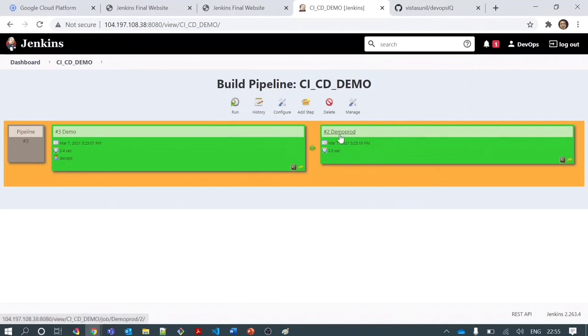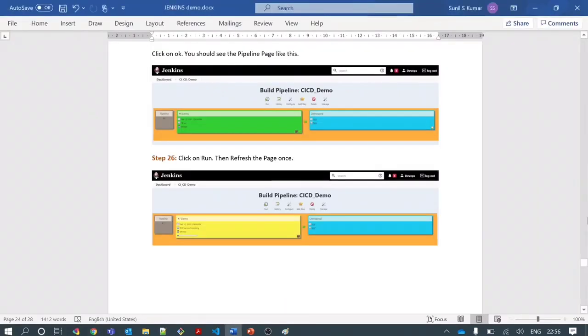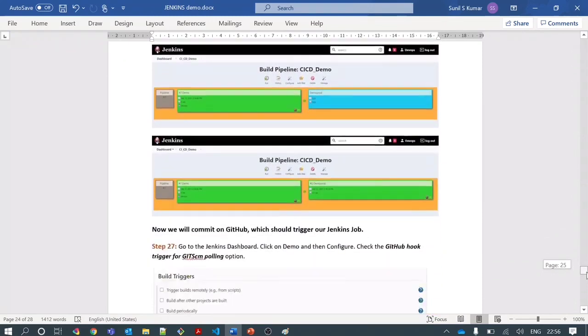So here you can see build number 2 available, the latest build of demo prod, and this was the latest build of demo. So the successful execution of demo actually triggered the execution of the demo prod job. Both are green, which means both were successful. Simple. What next? Now we will try to add